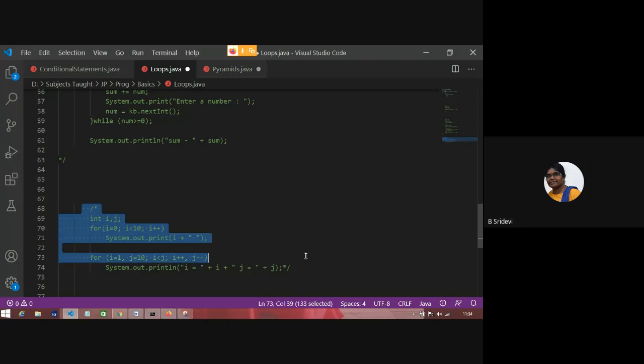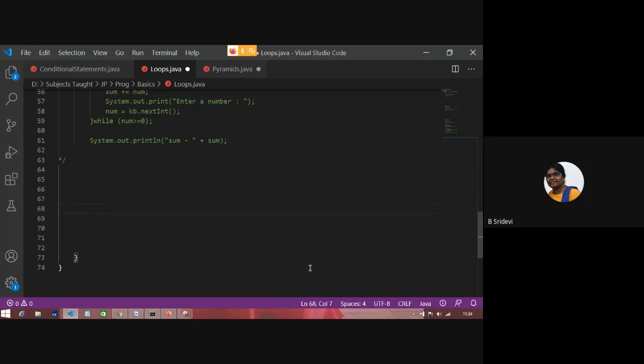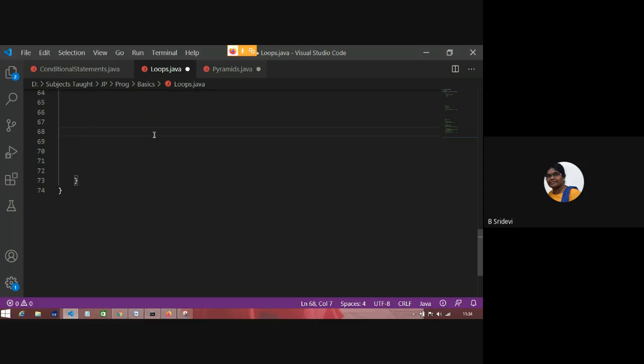So I'll type this again. See, I'm writing something here. I'm declaring a variable i. The for loop starts with the keyword for. In all control flow statements we are watching some keywords.